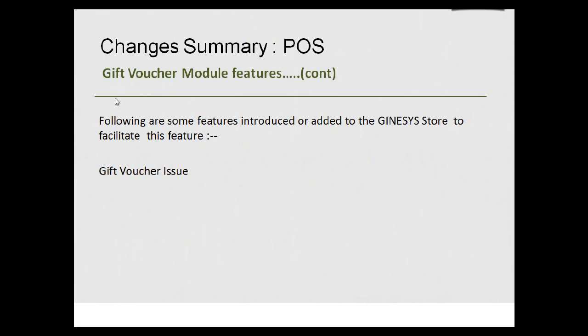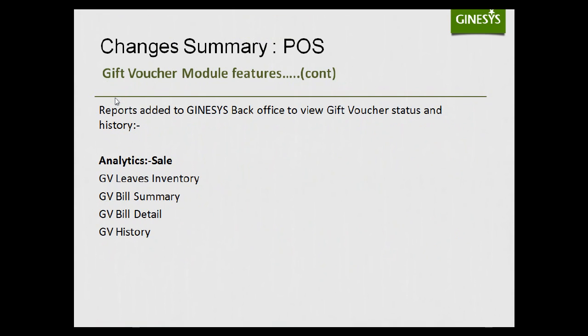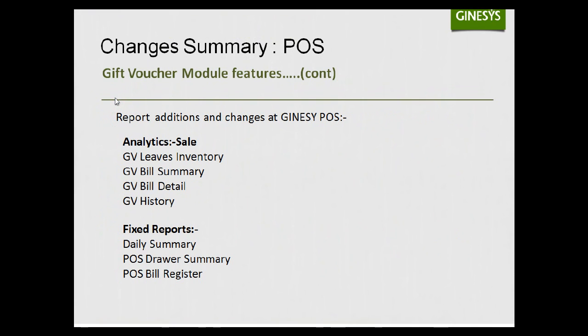At the POS end, we have a new menu called gift voucher issue. And some new reports that came into the GINESYS back office for analytics were GV leaves inventory, GV bill summary, GV bill detail, GV history. At the POS end, we had, of course, the same analytics